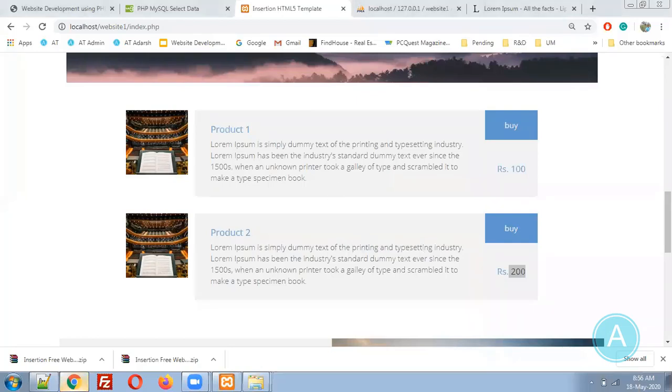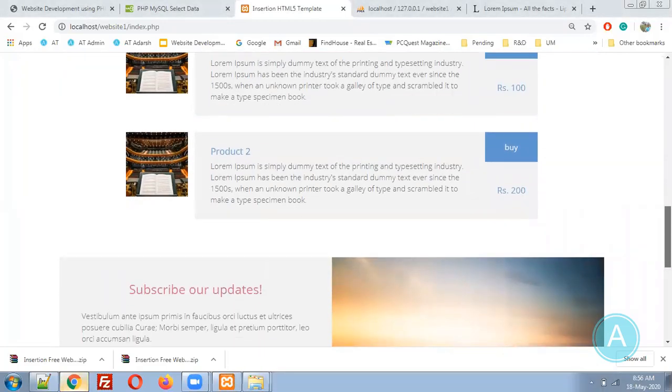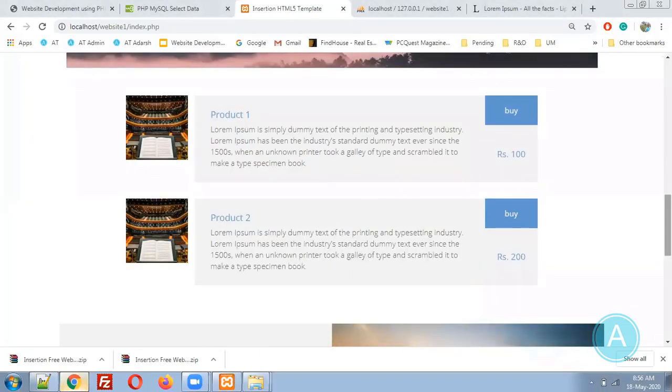Now, let me go one level deeper. Now I would like to change the image also. In the first attempt, we haven't changed the image. Do it partially. Do not do everything at once. Otherwise, you will get stuck at some moment and you won't be able to find out where you got stuck. So don't do everything at once. Do it step by step.